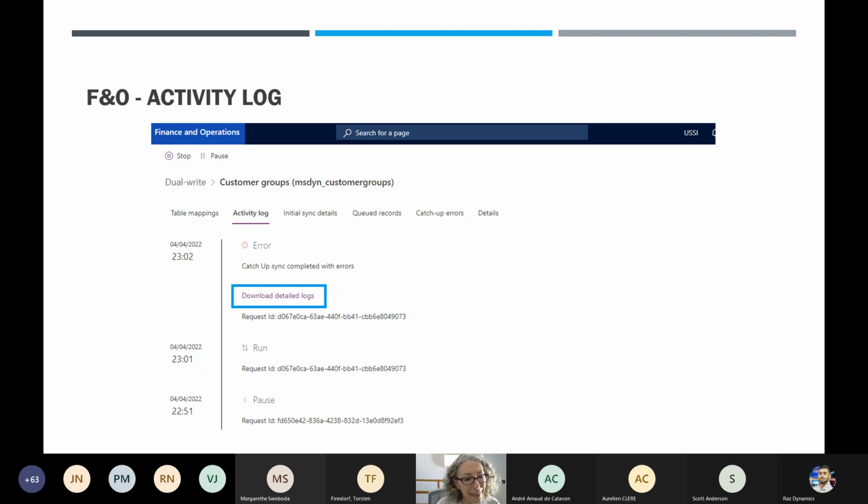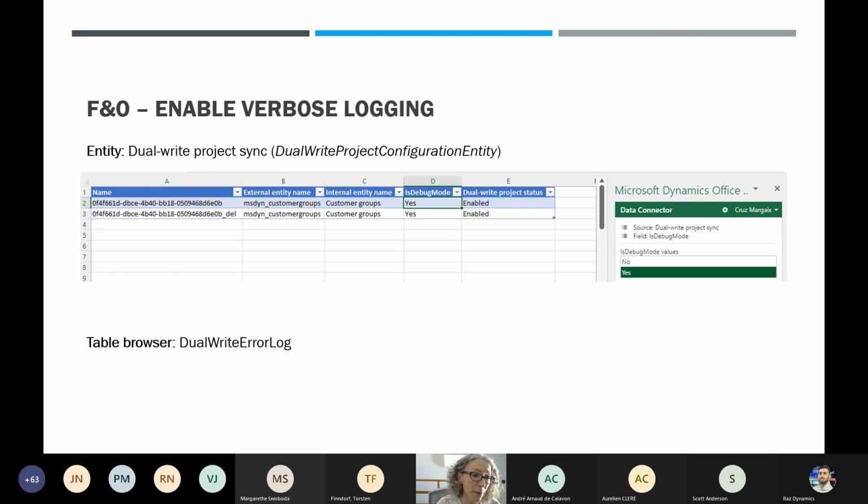Also for activities that are performed from the dual write screen, like running the maps, running the initial synchronization, resuming maps, there's very good information on the activity log. So here you can download an ASCII file that will give you a really good clue of what the issue is. There's another option with FNO, which is enabling the debugging mode